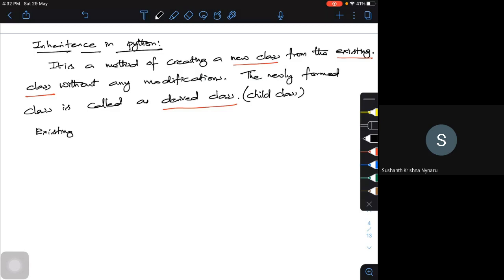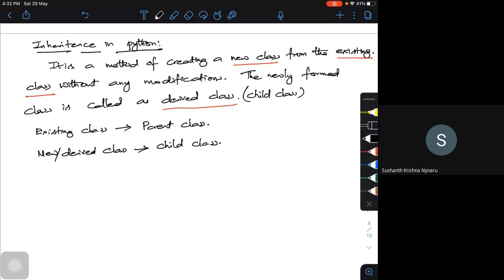See, the existing class, they call it the parent class. And the new or derived class, they call this the child class.